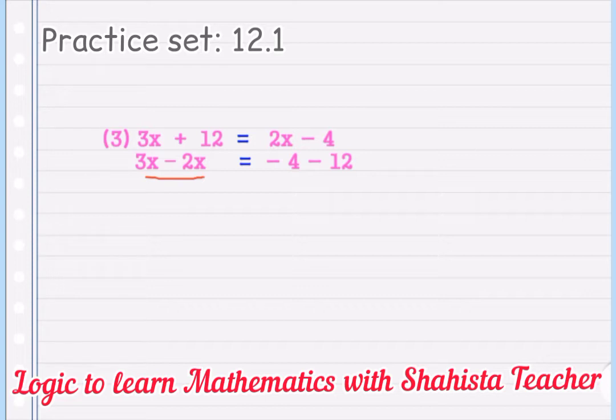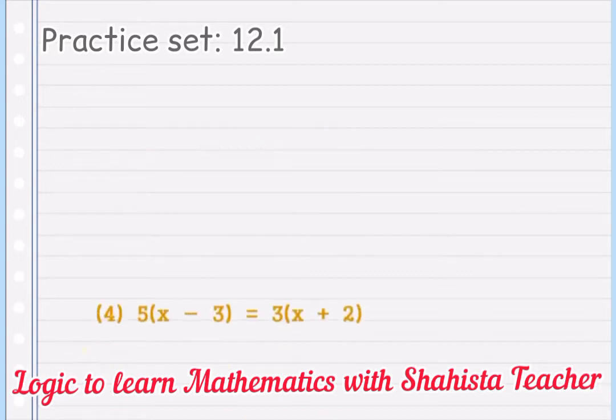Obviously you are correct. 3x minus 2x is x. And here minus minus becomes plus, but give here the greater number's sign. So -16. So here x is equal to -16. Is that clear, my dear students? So simple, na? Yes. Like this you have to solve this kind of a sum. Okay, my dear students? So apply this technique whenever you solve this type of a sum.